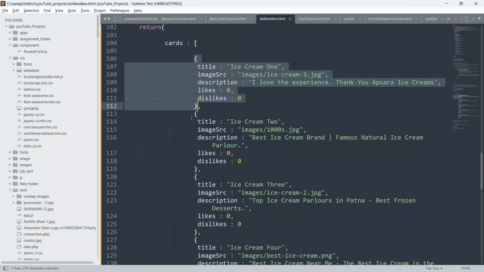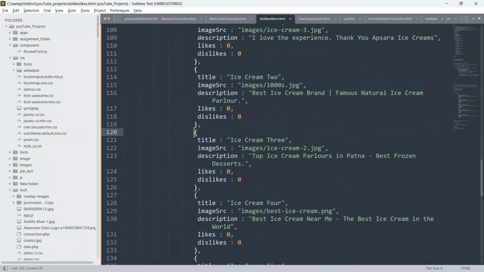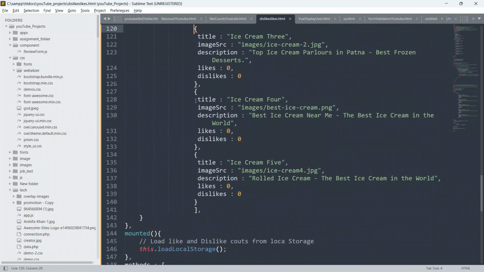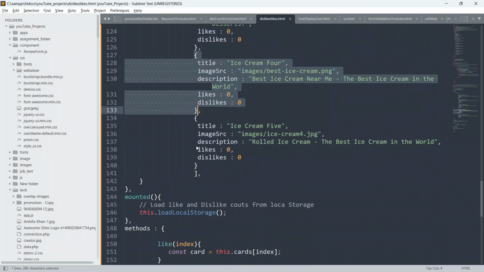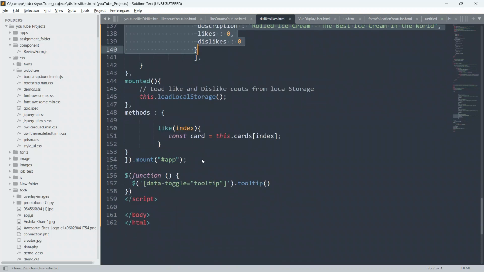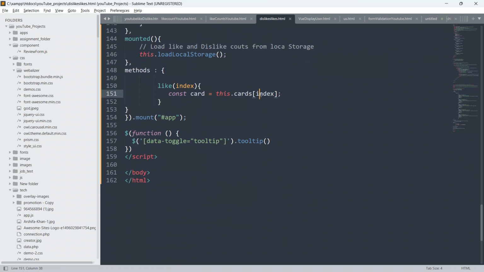Every element of this cards array has got likes and dislikes, here also, here also, and here also. That's why we are passing the index, to know on which icon the user has currently clicked, whether it is the like button or the dislike button.